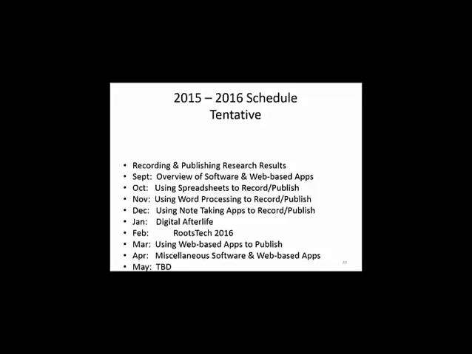Then we go into word processing, and this is where I'd like to hear from you. What kind of templates do you have? What are you using in your word processing to take your notes or to record your research? If you've got some good forms, send them to technologysig@dallasgenealogy.org, and that will be up here. But I'll also point you to some websites that have some Word document templates already in place. For note-taking apps, again, I'll have a few more examples of that.